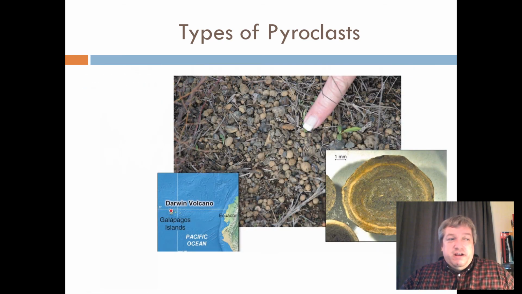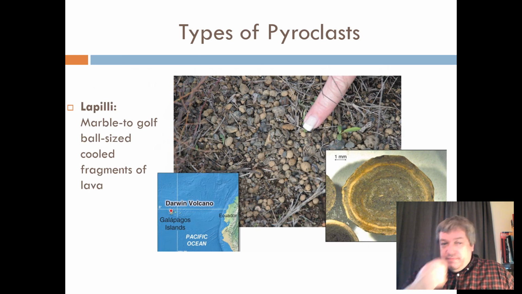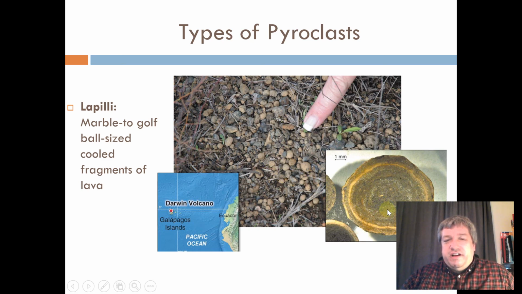Another one right here is what they call lapilli. And lapilli, these are basically tiny little marble or pea-sized fragments of lava, tiny little rocks. And they're almost kind of like hailstones we talked about, that you can actually come inside and see the layers. So they were liquid lava, and as they cooled off, different layers formed.